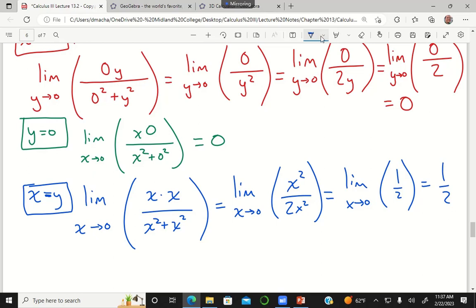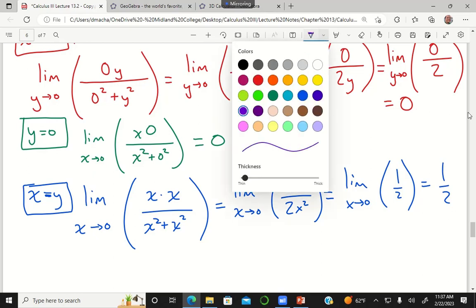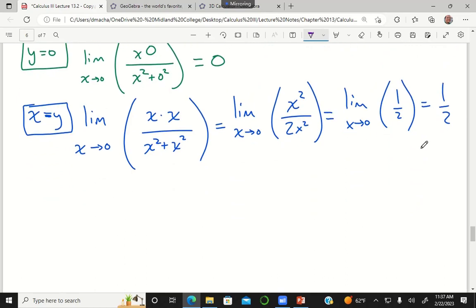Just for the sake of instruction, we're going to do the last trace that I like to do. From where did you get the 1? From x squared over 2x squared? Oh, okay. If I just divide the top and the bottom by x squared, then x squared over x squared is 1, and 2x squared over x squared is 2. Okay. So the last trace